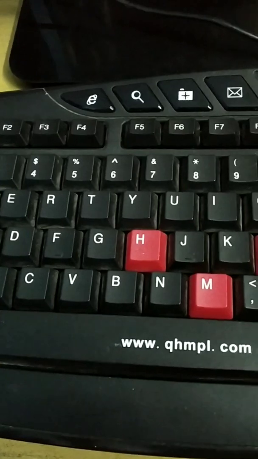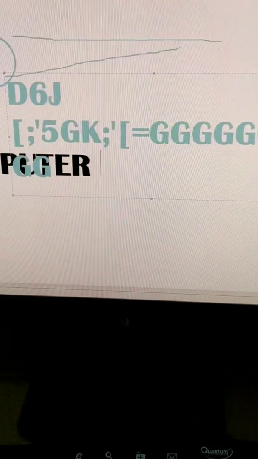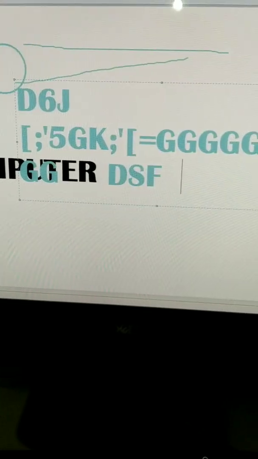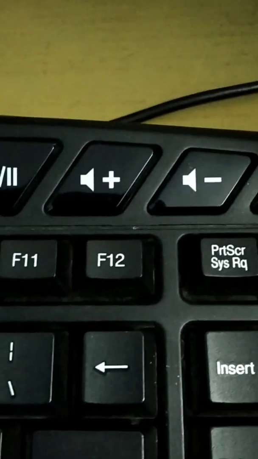Space bar key. It is the longest key of the keyboard. Students, you know why we use this key? It takes a space from one alphabet to another alphabet. We take place, okay? Like this. Delete key. By using this key, we delete any number or object.